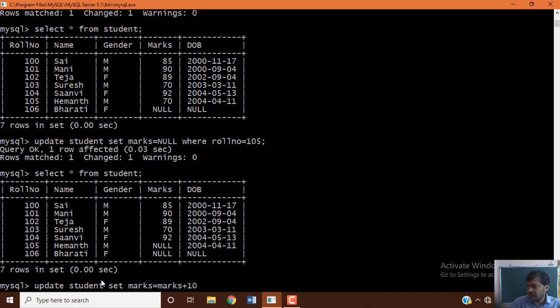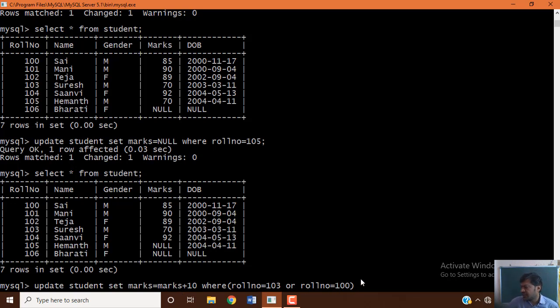Existing marks will be increased by 10, where you specify the roll numbers you want, like roll number equal to 103 or, using the logical operator OR, which means either of the conditions, roll number equal to 100. So 103 or 100 will be updated.